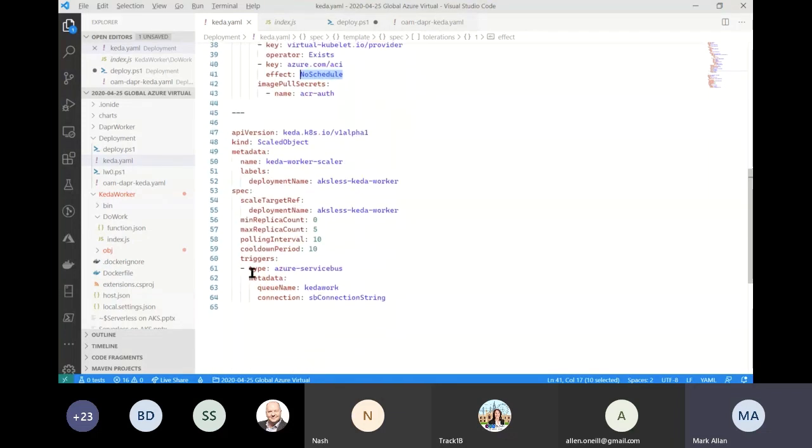And then down at the bottom here, I've got the actual KEDA configuration. So again, we're saying this is an Azure Service Bus trigger. So it's going to look at that queue in the Service Bus with that connection string. That's the thing that it's going to look at to work out how much work's coming in. And those are some configuration values. So we're going to say that I want to scale between 0 and 5 pods, and I'm going to poll it every 10 seconds because I'm a demo and I want to poll it nice and quickly.